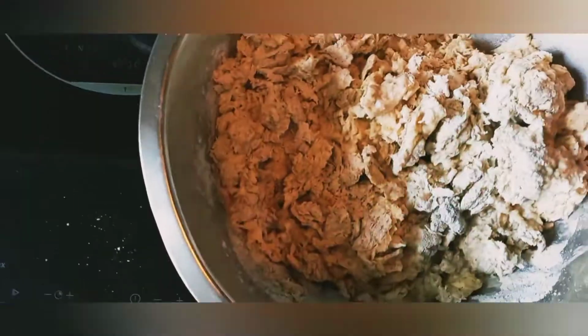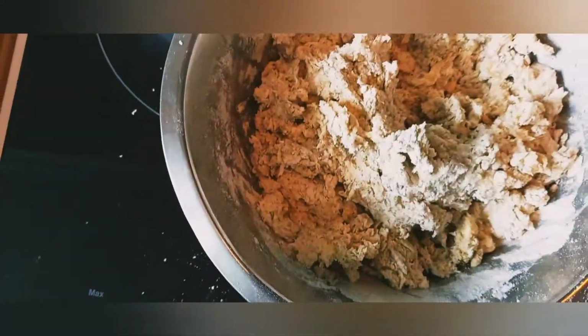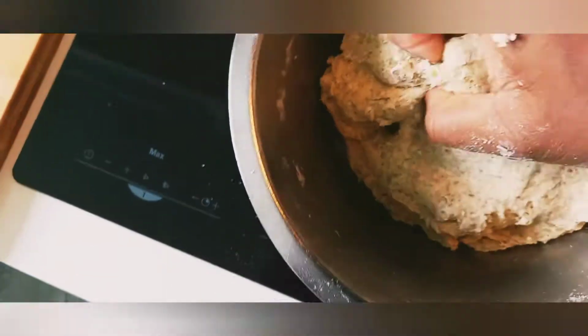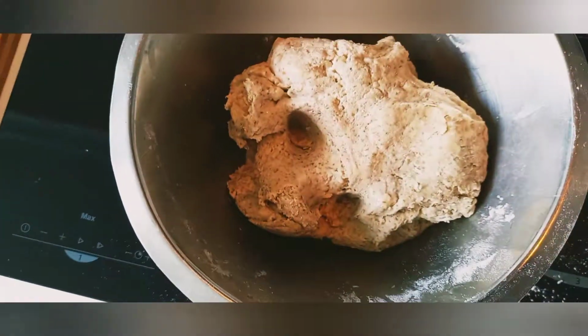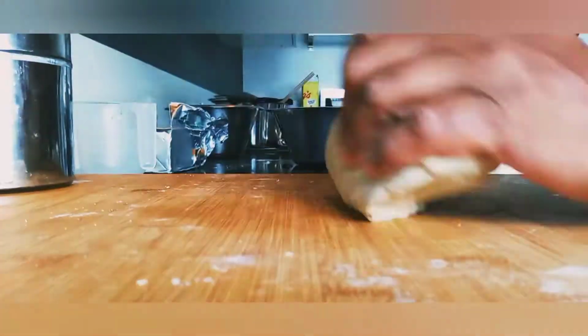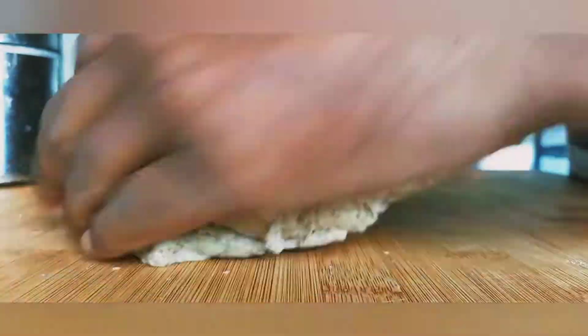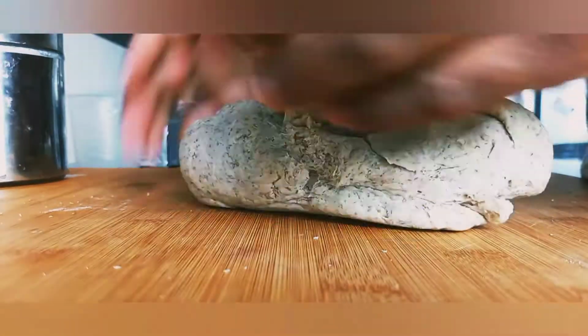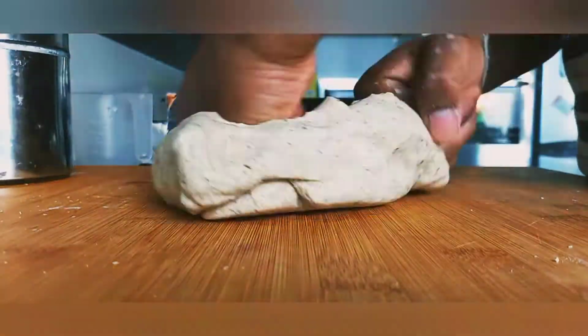I'm trying to make something in a healthy way, because normally we use all-purpose flour, and then we added rye flour, 100 grams. Then it should be less carbohydrate and less carb, actually. So we keep it mixing around 8 minutes for this process,